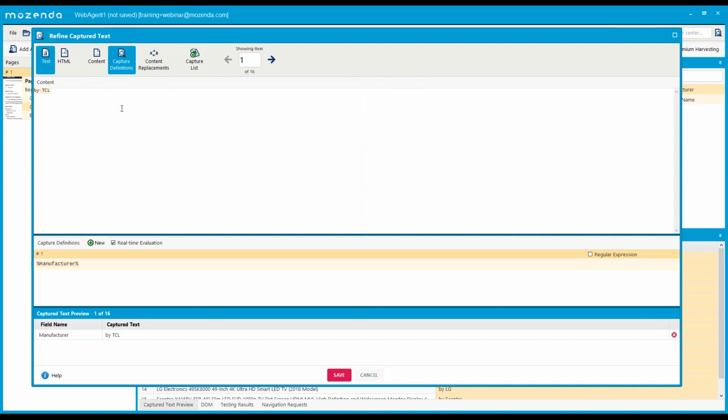Instead, we're going to come over to capture definitions, and there's a few ways we could do this. We could just highlight TCL, and it will realize that there's a space just before it. So we'll emphasize that: find the space, and then whatever's after that within percentage signs to denote it is our manufacturer field. Now space isn't very safe in my opinion, so instead of highlighting, we're going to manually type the word "by", and then the tool now knows to find the word "by", and then whatever is after "by" is our manufacturer name,